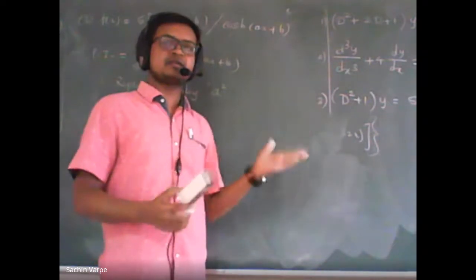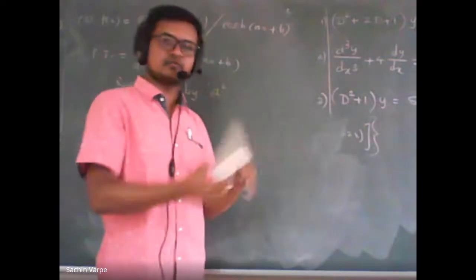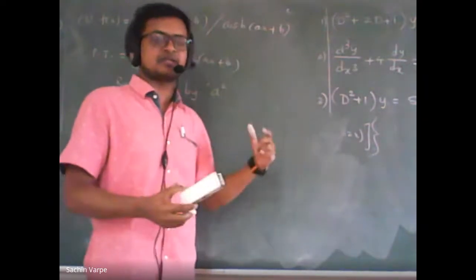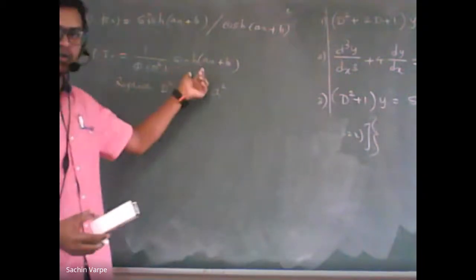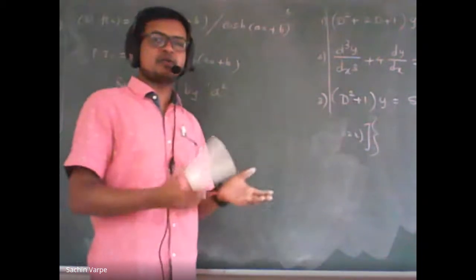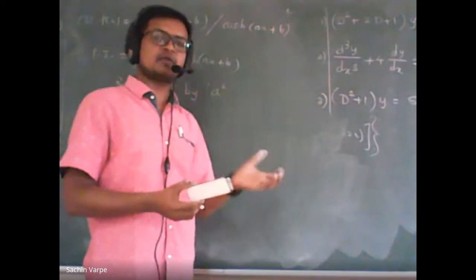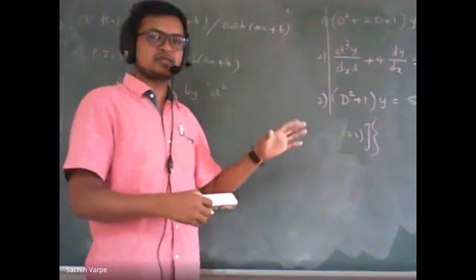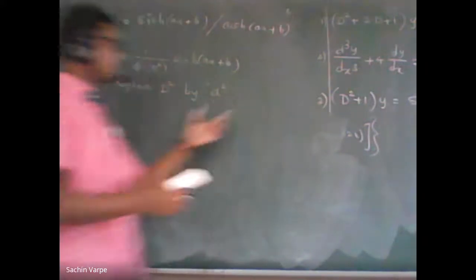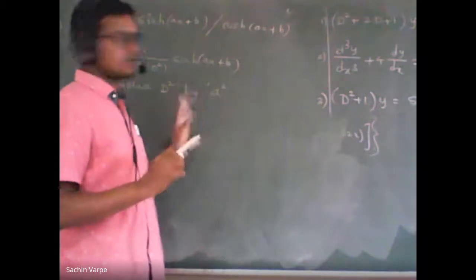We have taken the derivative of sine, then D square of sine, then D cube of sine, D raised to 4 of sine, and then we have generalized the result for the replacement. The same thing we can do here for the hyperbolic functions. The derivative of hyperbolic sine is hyperbolic cos. Again, the derivative of hyperbolic cos is plus hyperbolic sine. So there is no plus minus in hyperbolic functions. That is why we have the replacement for D square as plus a square, remember, plus a square.